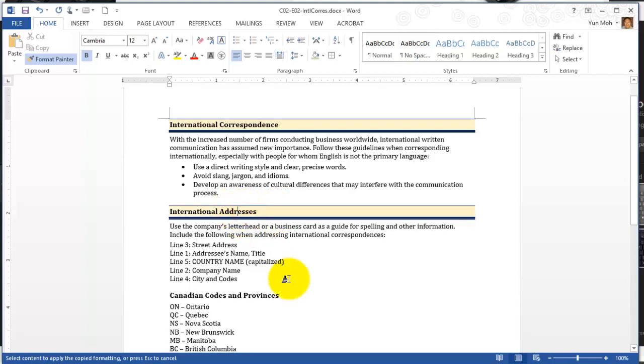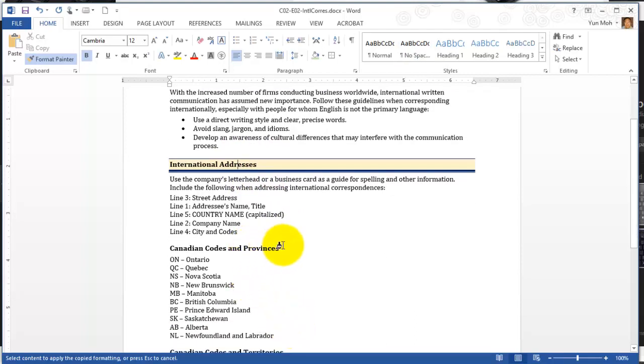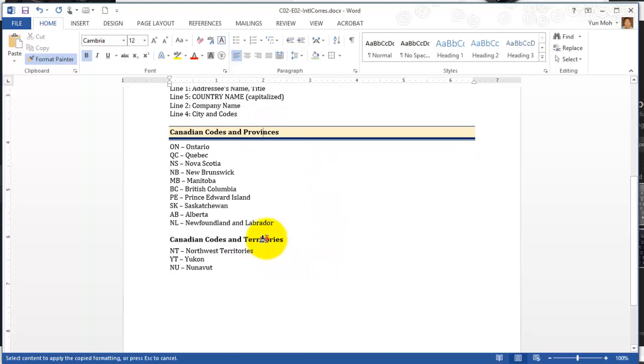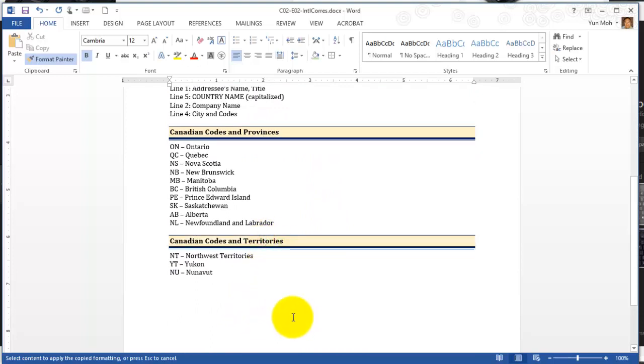So click, and then come down to the next one. You still have the paintbrush active, so click, and then come down and click, and everything's done. Go back to the format painter, click, so that'll deactivate format painter. Okay, so that's it, and we'll move on to the next exercise,